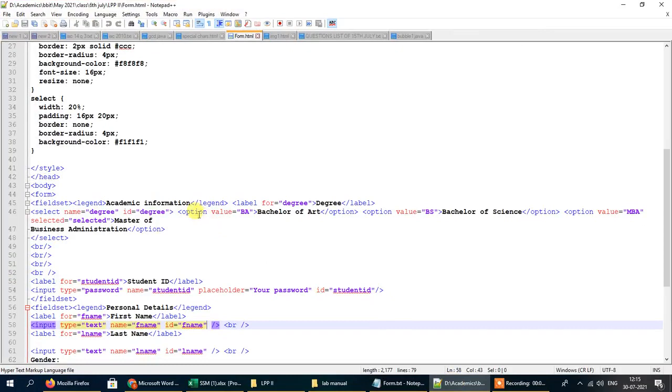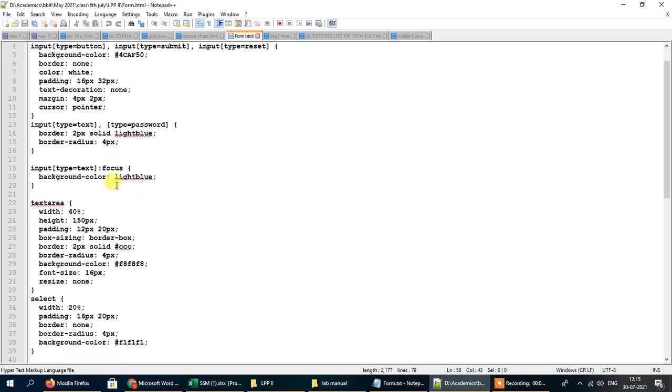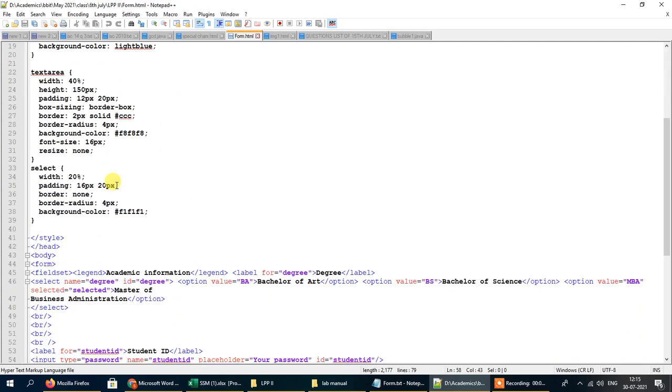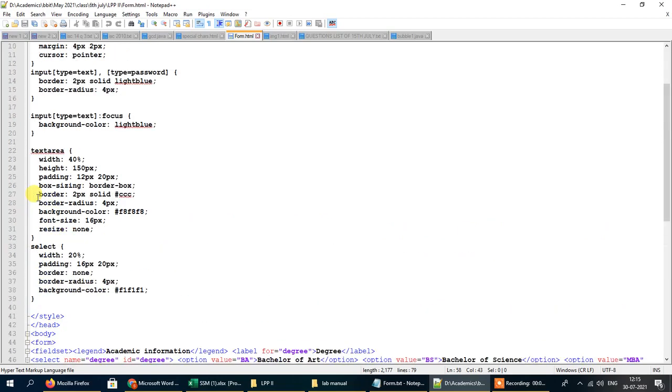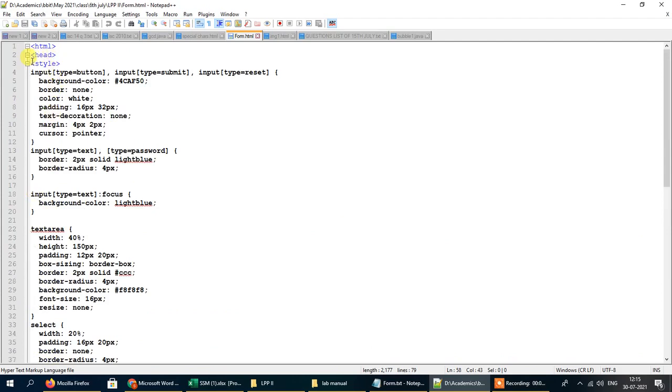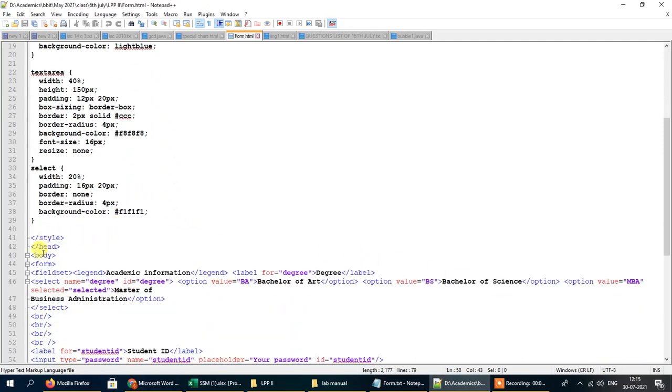This is the code for our HTML page, but at the beginning you can see that it contains some CSS code. I'm not going through the details of the CSS code right now. I'm just showing you the main HTML code first, and then if we have some extra time I'll explore the coding under HTML. The entire code for the CSS is included in the styles section under the header, and after that we have the body section, which is starting over here, and in the body we've got the form.